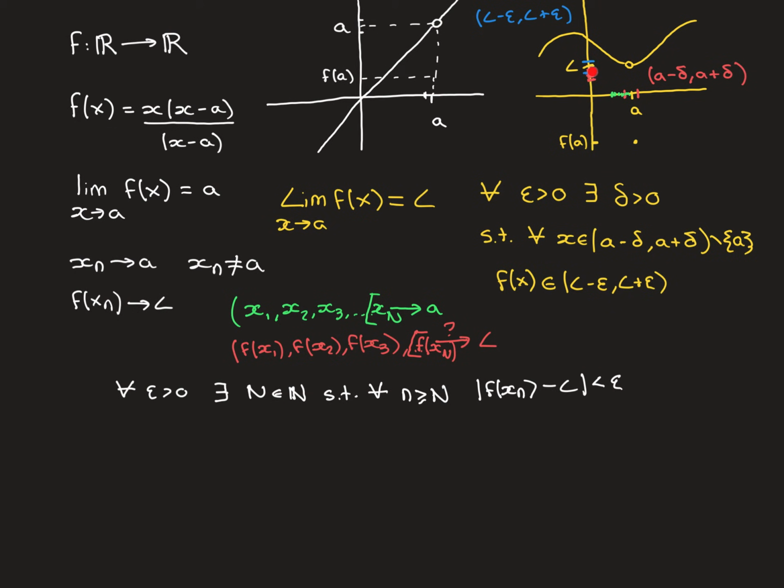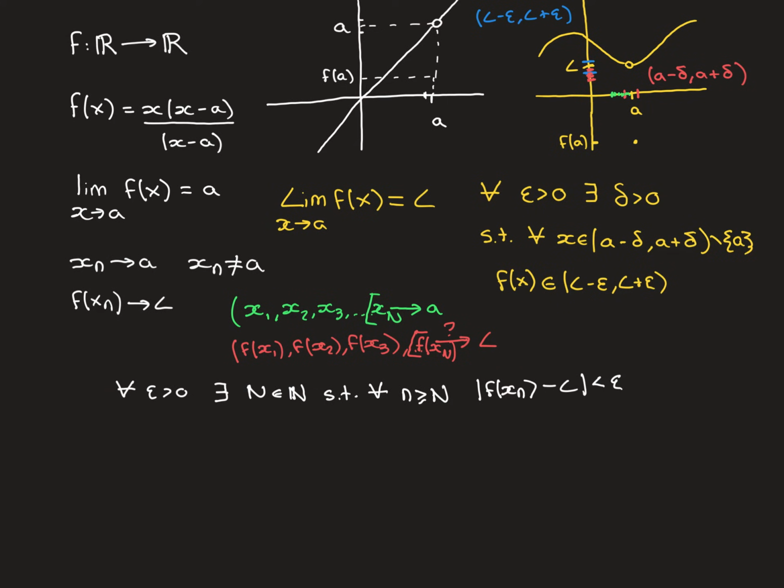So we can imagine putting this epsilon interval around our limit L, and then by the epsilon-delta definition, we know that there is going to then exist a delta interval around A, such that all the points inside that delta interval, apart from A itself, are mapped into the epsilon interval around L. And now, because we know this sequence converges to A, we can apply its definition of convergence, which says that for any epsilon, there will exist a big N, such that for that big N and beyond that big N, all of the terms are within that epsilon of the limit, which in this case is A.